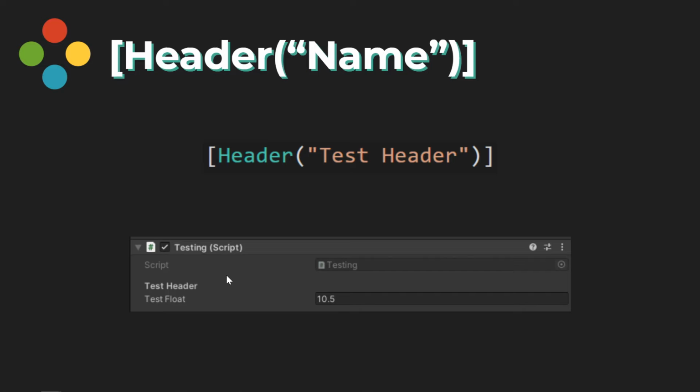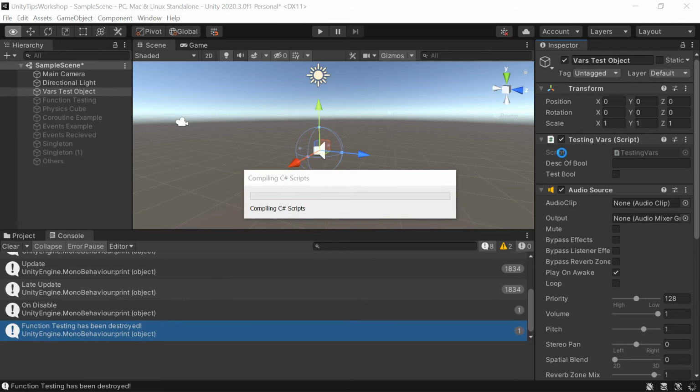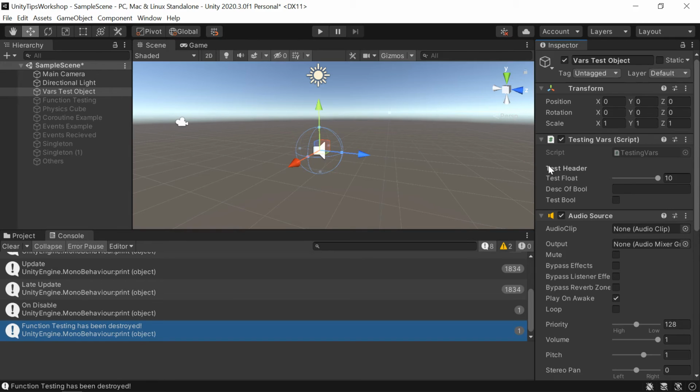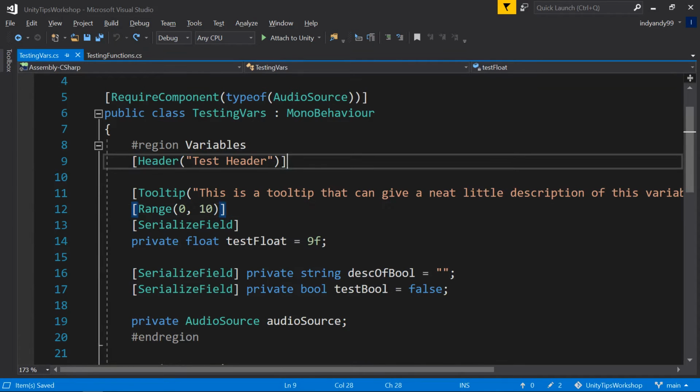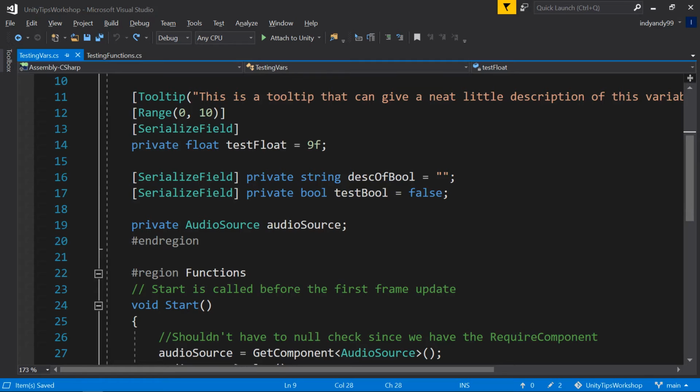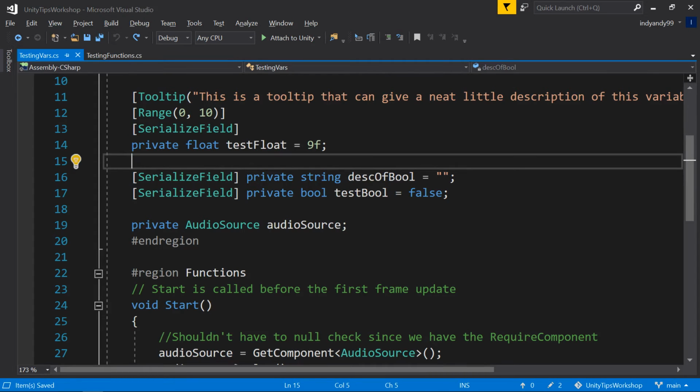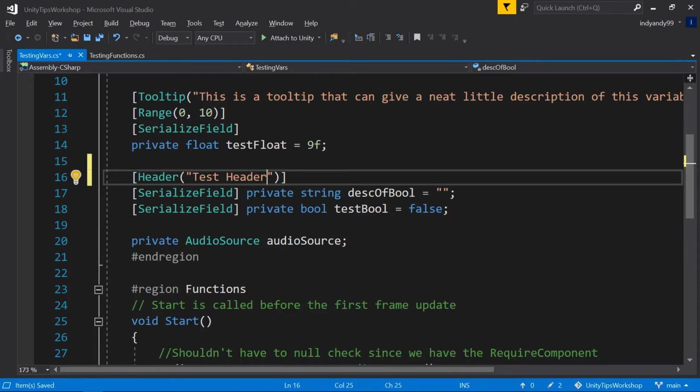Another thing you can do, and this isn't directly tied with a specific variable, but it can help organize things, is you can create headers. And it's just the syntax here. And if I go back over here, you can see I have test header. This isn't anything that's interactable, but if I come in here, it's right here, test header. And I could take this, and I have some other things here. I could do test header, but again,